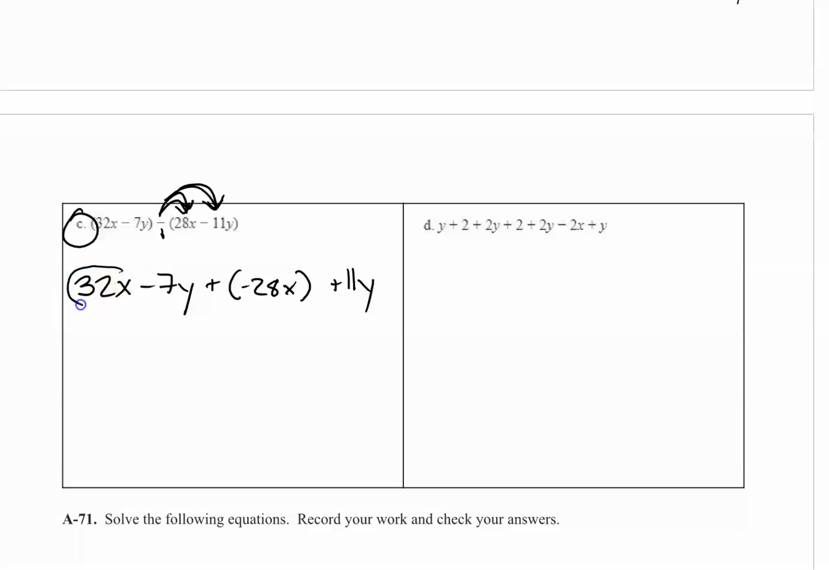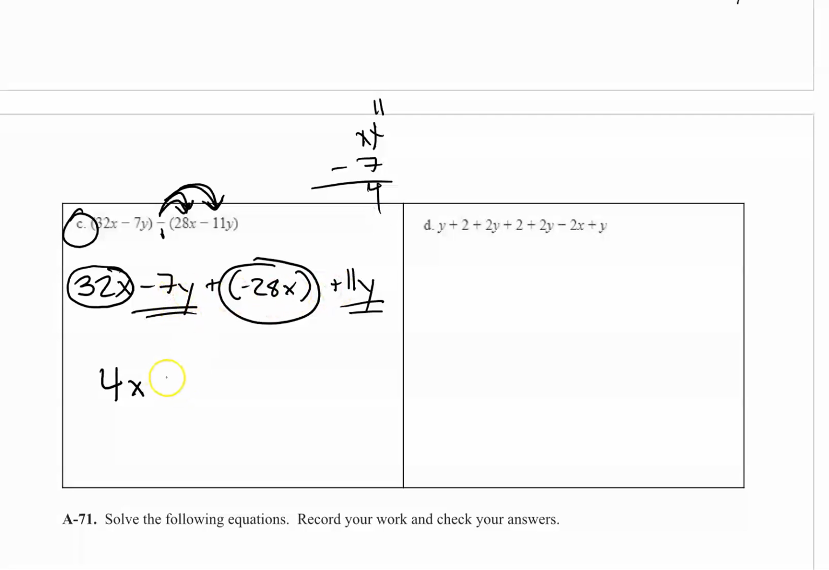All right, so we've got 32x tiles and negative 28x tiles, that's a balance of 4x. Negative 7y tiles and 11y tiles, well, if you think about it, 11 minus 7, that's going to be 4. So that's going to be positive 4, right? Because there are more positive tiles, so positive wins. This is going to be plus